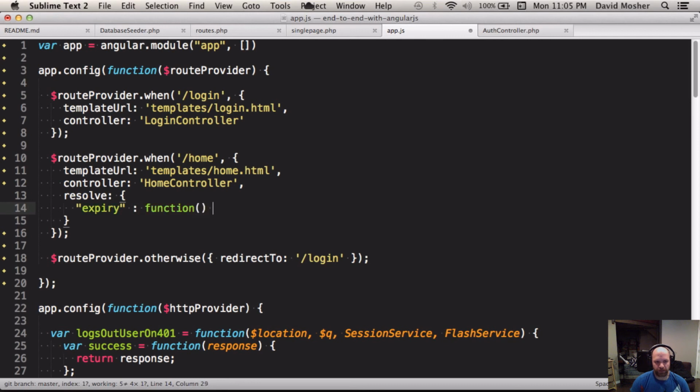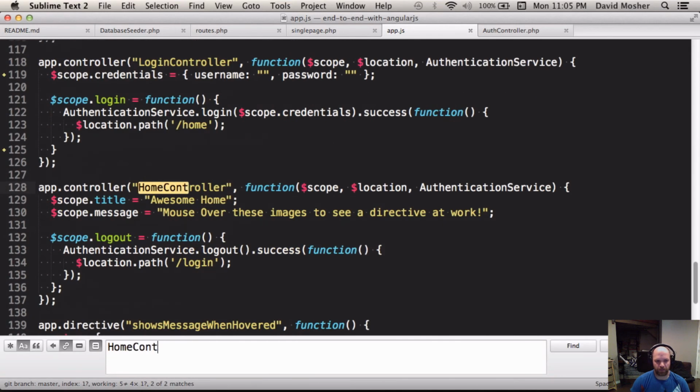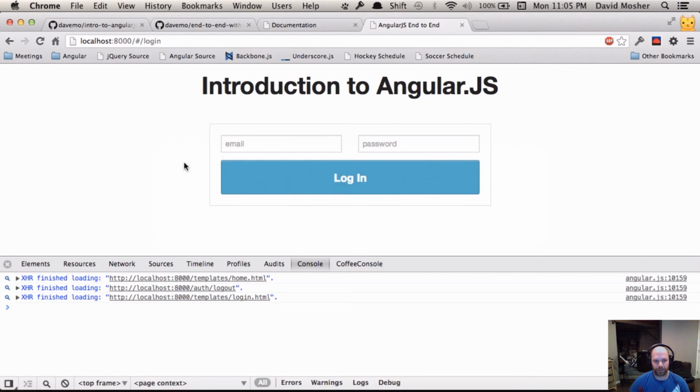And this is going to be a function, and we're going to inject HTTP. And I'm just going to return http.get expiry. So it will attempt to call this function, return the promise, and then assign the value as this expiry key in the controller. So if I go to the home controller and stick expiry in here, it's going to inject that dependency. And so now, if we go back here to login,